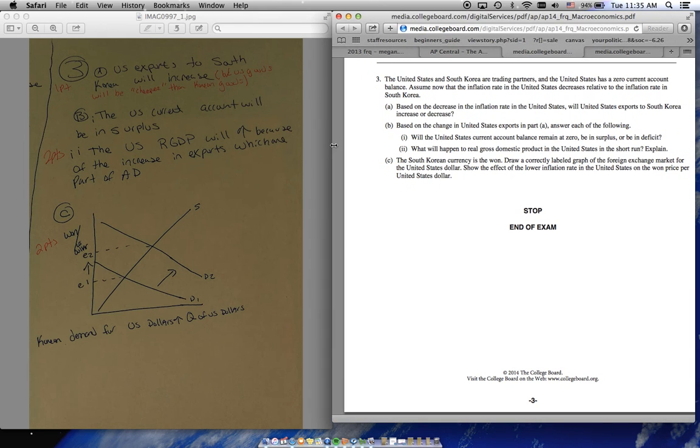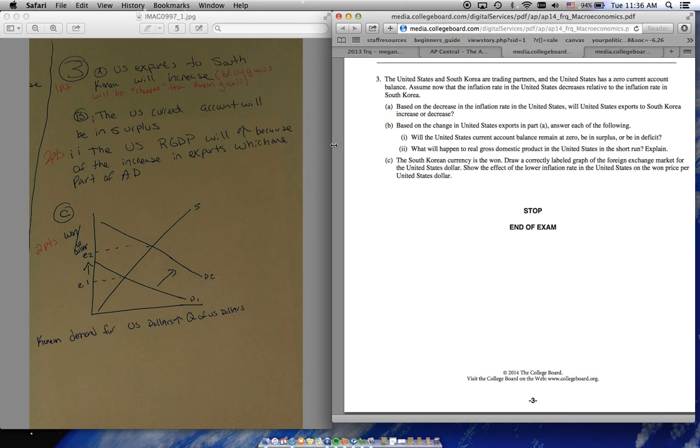All right, so we assume the United States and South Korea are trading partners. The United States has a zero current account balance. Now assume the inflation rate in the US decreases relative to the inflation rate in South Korea. So based on this decreasing rate in the United States, will the United States exports to South Korea increase or